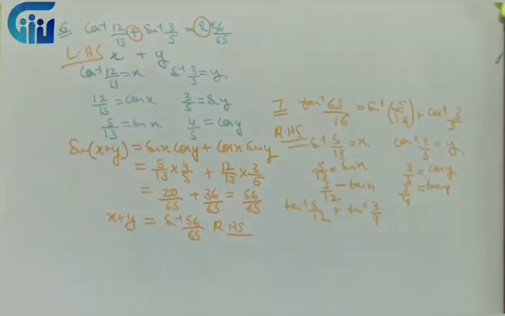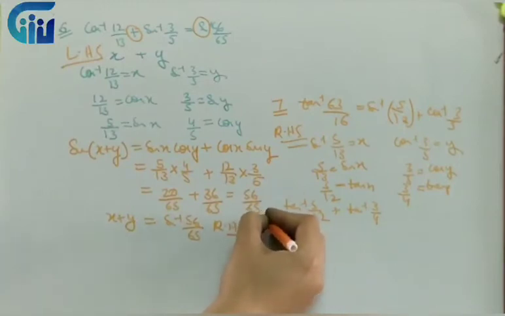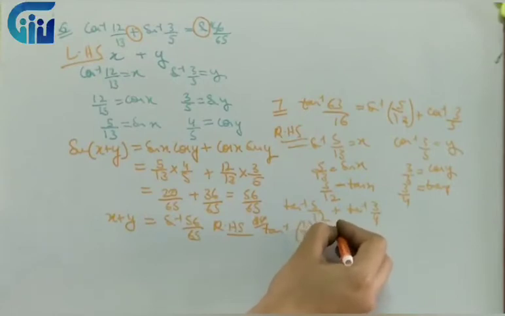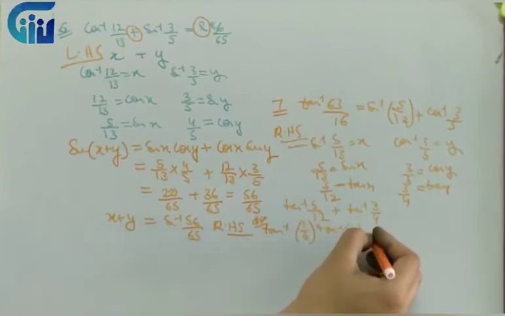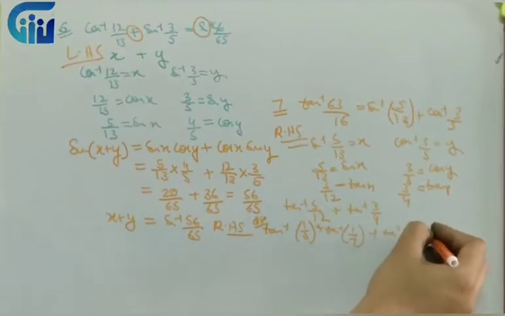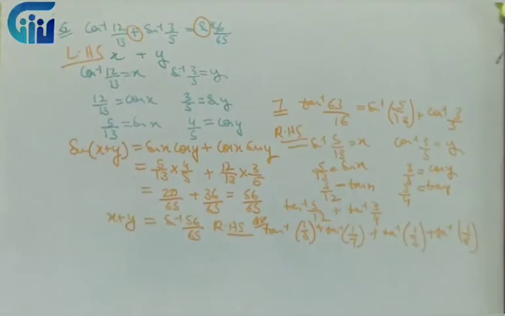16. On the same lines, we have question number 18 where 4 terms of tan inverse are given. We will apply it two together. I'll write the question over here. It is question number 8. So what we have: tan inverse 1 by 5 plus tan inverse 1 by 7 plus tan inverse 1 by 3 plus tan inverse 1 by 8. We have to prove it equal to pi by 4.